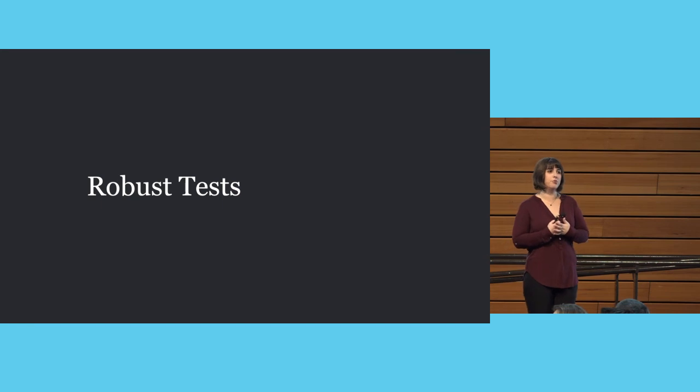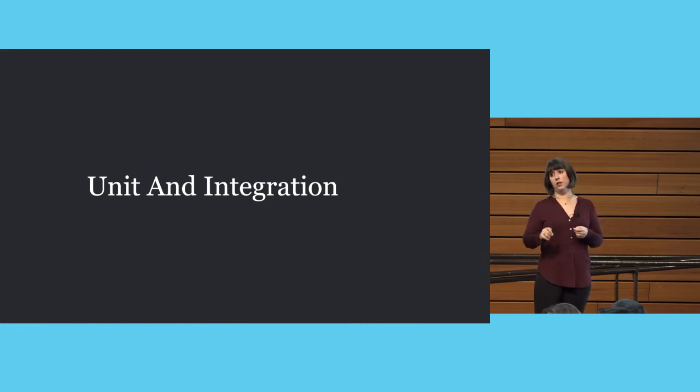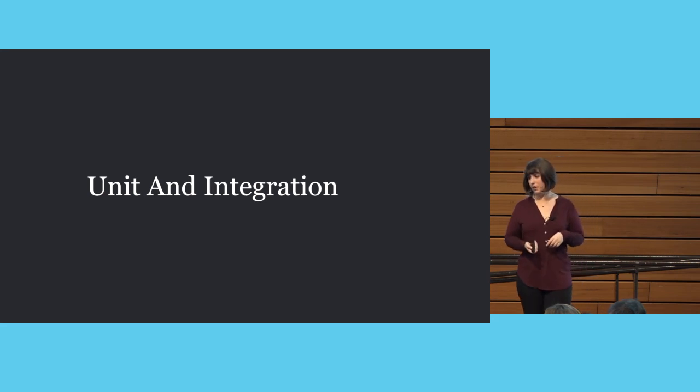So testing, really robust tests. Testing, as Chris already mentioned, is incredibly important when you're building a big system because you have more points of failure, you have more applications, and you need to be able to have confidence that everything's working appropriately. So this is both unit and integration tests. Unit tests for correctness and integration tests for checking that this thing can work with this other thing really well, and it has the same contract it said it would, and that it can connect to the database. The integration tests end up becoming part of your deployment pipeline.